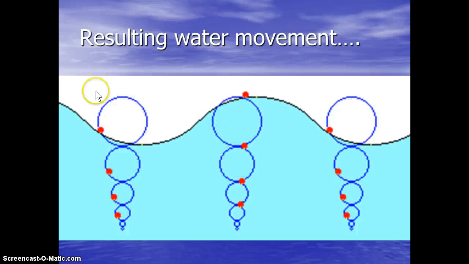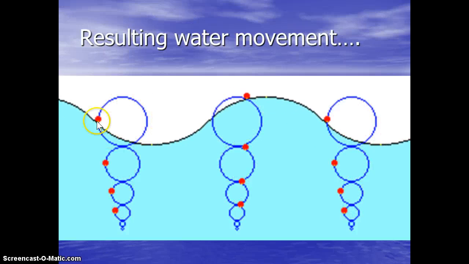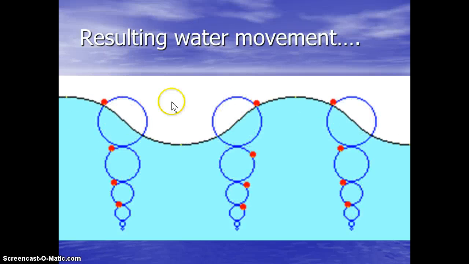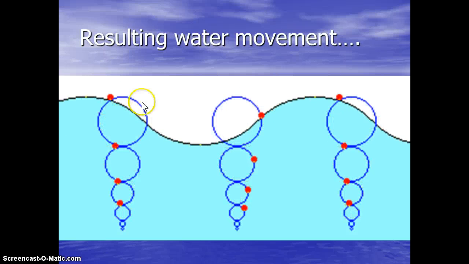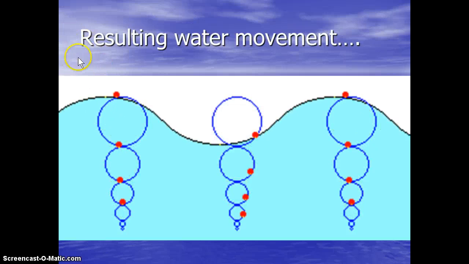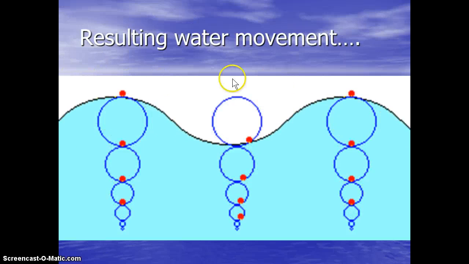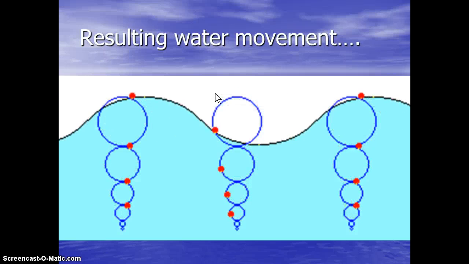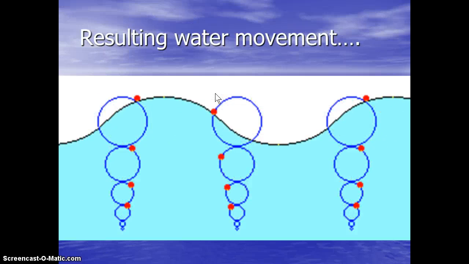So the water movement is in this circular pattern. That's the water molecules, but the energy itself is moving this way. Okay? The energy is being dissipated and the water molecules are moving this way, but the energy from the wind, the causing winds, is moving in a linear direction in the direction of the wind. All right? So that's why waves do appear to be rolling in one direction, because the point of origin of the energy is the wind,